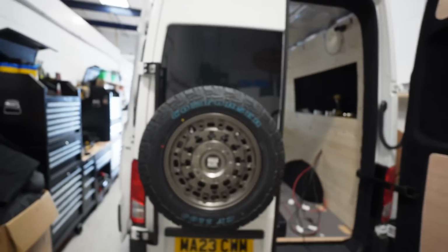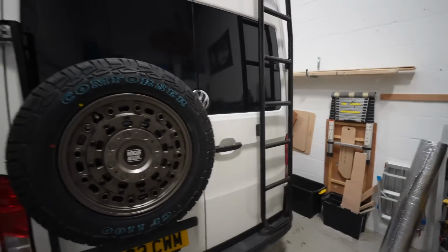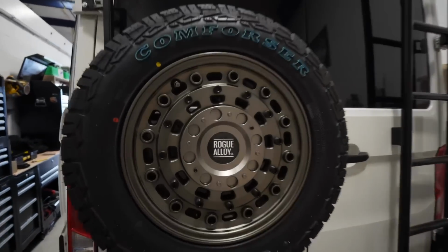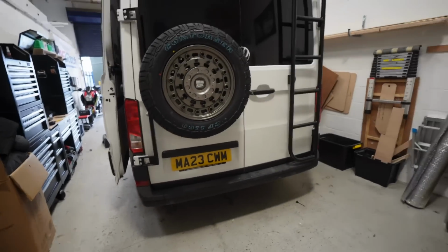I wanted to show you the spare wheel carrier, and I'll show this one. There you go. That's what the back end is going to look like. Really nice. Look at them. Oof. Can't wait to get them on. I'm just not going to do it today. It's easy with two of us and Rick's not here, so...